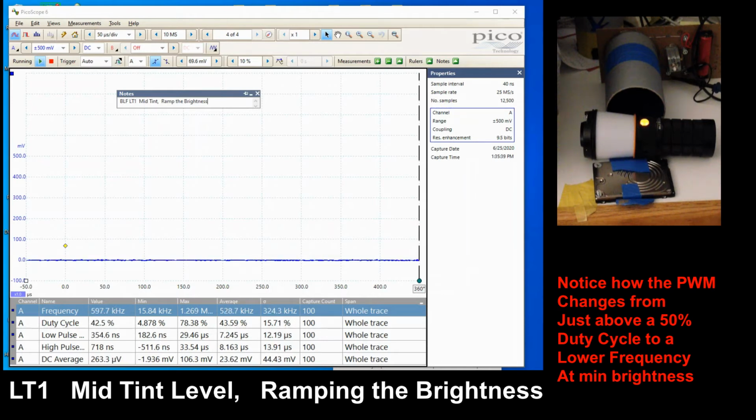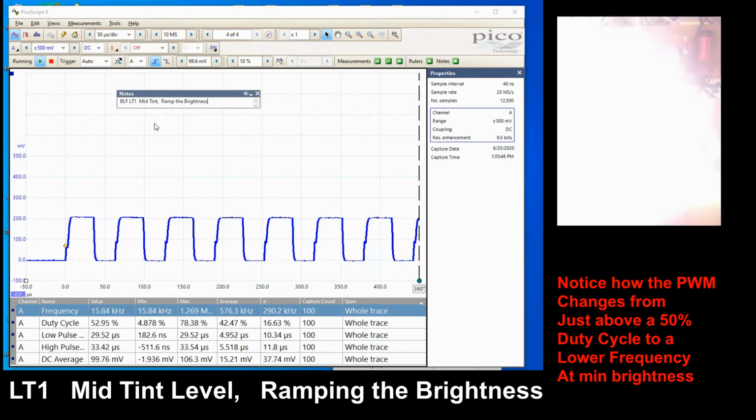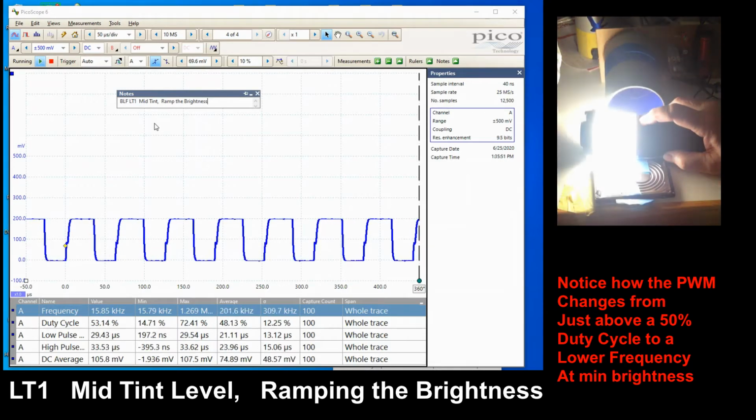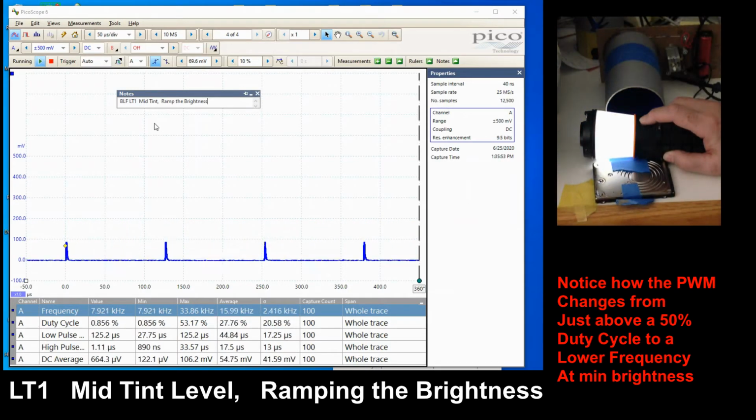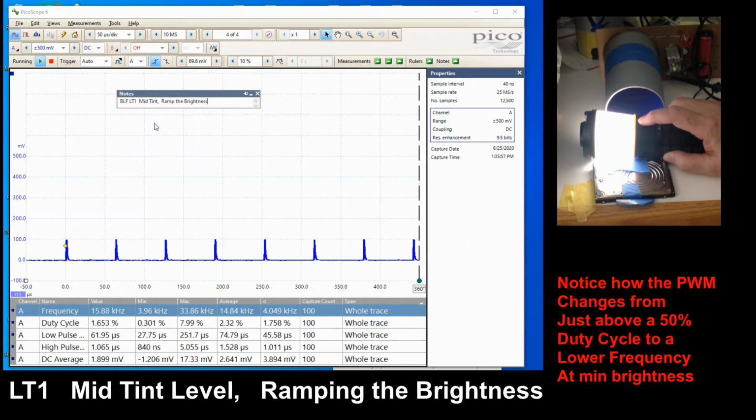We're starting with a mid-level tint, and we're going to ramp the brightness up and down and look at the shape of the PWM and the duty cycle. That's full brightness, dimming down, minimum brightness. See the PWM frequency change? Now we're coming back up